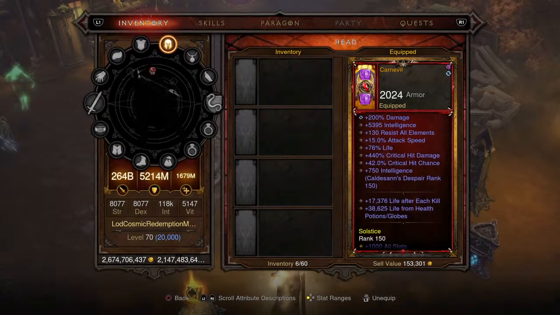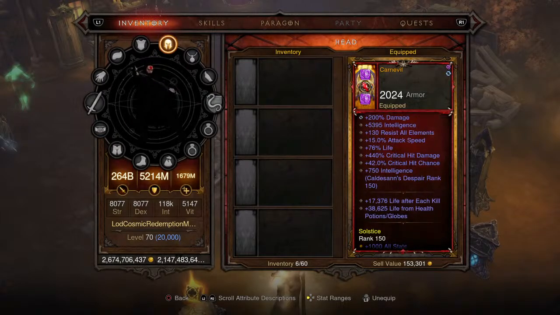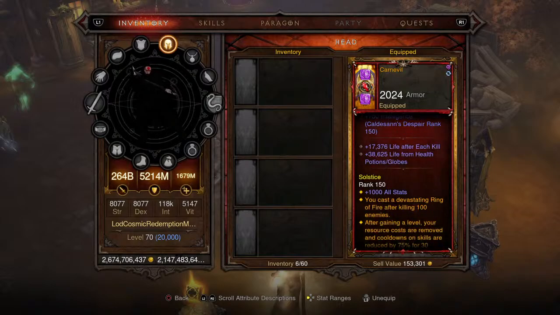Right here, we're going to start to change things up. We got Amethyst in the helm to give us additional percent life, actually 76 to be exact. We have 440% critical hit damage to put us at that threshold of 900%. Same with the critical hit chance, just hitting that threshold. So very nice indeed. On top of all of that, you're getting 5,395 intelligence, plus the additional 750 intelligence,